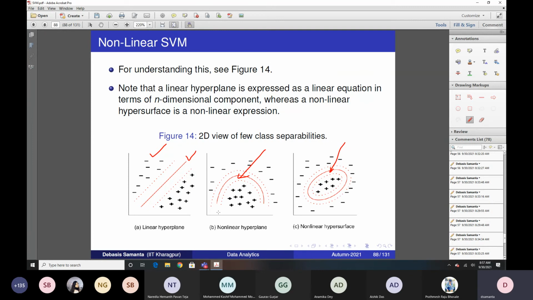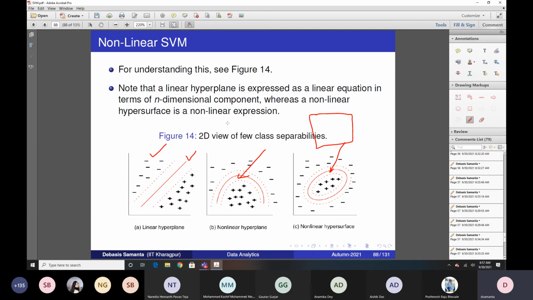But how can you know that your nonlinearity takes this form, or this form, or some other form, like this one, or maybe any other polynomial form? If the form is different, then again there is a different representation of the hyperplane, and different unknown parameters come into the picture, and you have to try all possibilities. That is like getting one drop of water from a large lake, and it is very difficult. It is not a good choice. It is a brute force method, and brute force really is not workable so far as big data analysis is concerned.